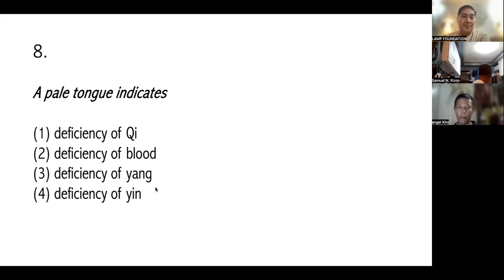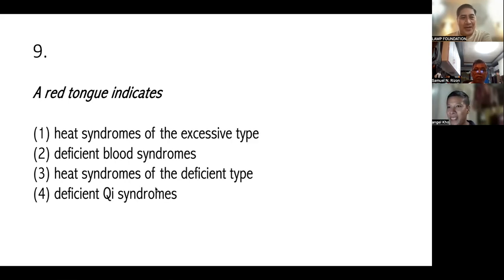Number 8. Number 8 po. A pale tongue indicates, answer ko po is deficiency of, ulit lang ito no? Opo, nauna na po siya kanina. I-delete natin to. Sorry. Opo. Number 9. Number 9 po. A red tongue indicates,